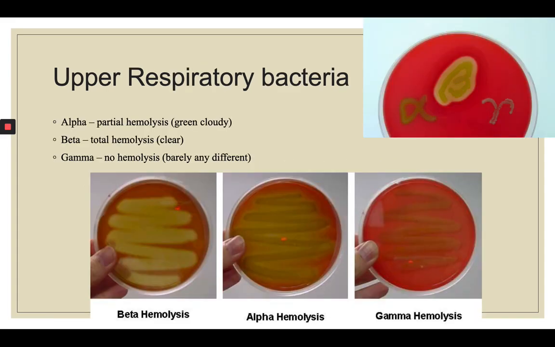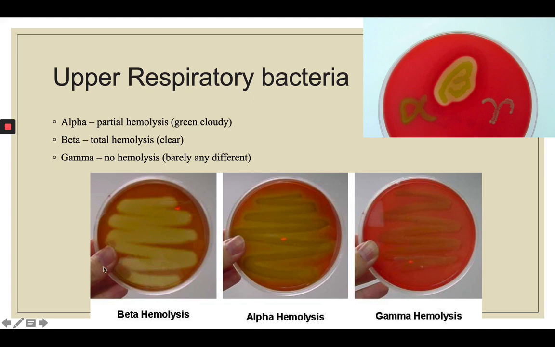Within the blood agar plates, we actually have 3 strains of Streptococcus, alpha, beta, and gamma, and we see different levels of hemolysis. So we have alpha, partial hemolysis, beta, total hemolysis, and gamma, no hemolysis. Here we'll look at beta first. Beta is actually the strain associated with strep throat, and it's a total breakdown,